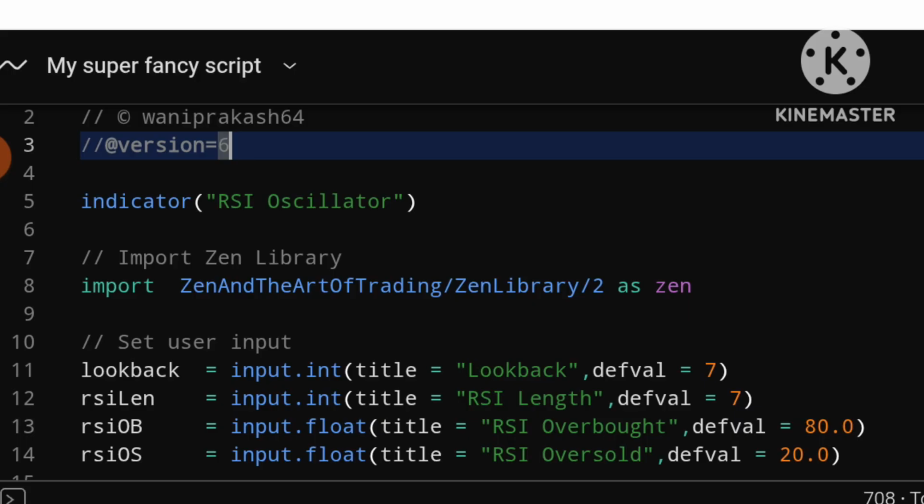So look back is going to be set to input.int. It is an integer and it is going to have a title of just look back and a default value of 7, and I will show you what the look back is for later. The next value we are getting is an RSI length. So again input.int, title equals RSI length, and the default value is also going to be 7 for this particular script. The code for today's lesson is based on a strategy that I have traded in the past that is profitable,